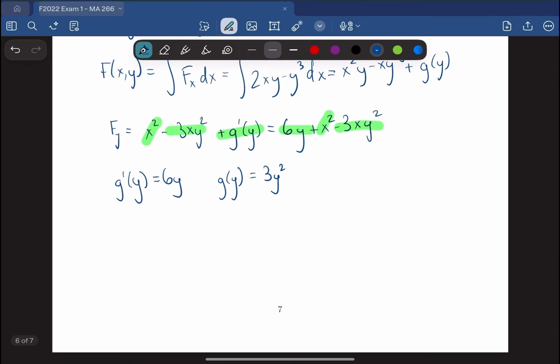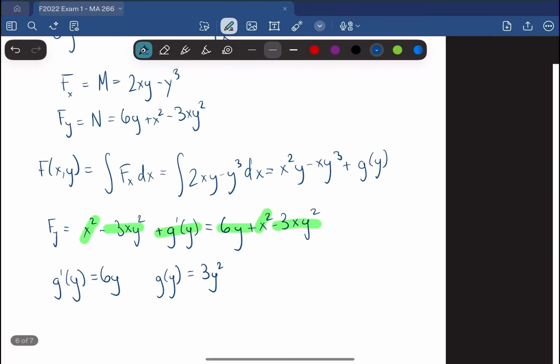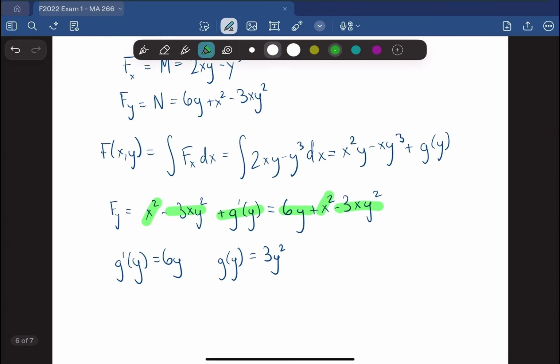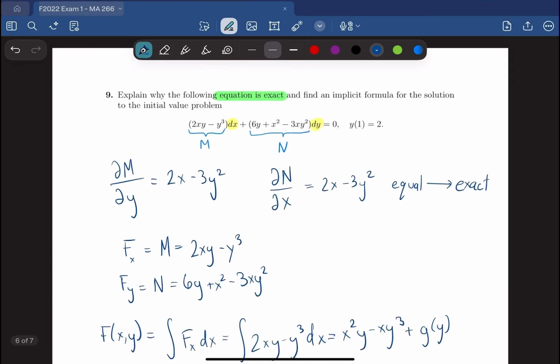which means that our general solution, just go back, where did it go? Up here. It's just going to be x squared y minus xy cubed plus 3y squared, because that's what we found g of y as. And we're going to set it equal to c, some constant. We're basically just combining c's here, so it doesn't really matter, just a constant. And now we can go back all the way up to here,